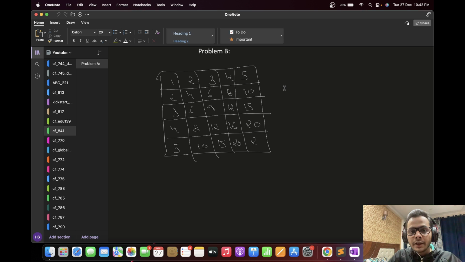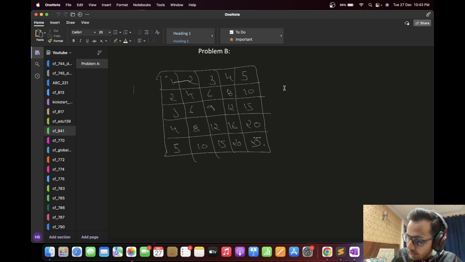Now our path will look like this. So we'll start from 1 comma 1 and we'll go to n comma n. Now one thing to observe here is that when we go to the right or we go downwards, what we can do is we can just greedily take the maximum number that we are getting, and it will actually give us the optimal answer. The reason being that if you look at this path,